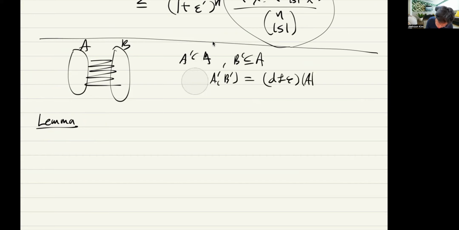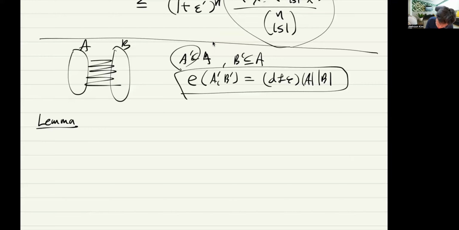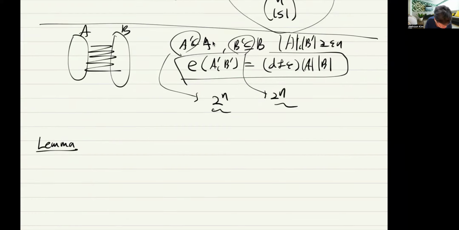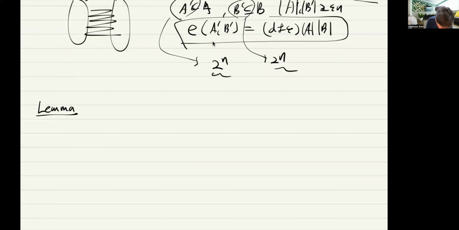The number of edges is like this. But how many choices for this? They have size at least epsilon n. So there are like 2 to the n choices and 2 to the n choices when A and B have size n. So there are exponentially many choices, and for each choice you have to count the number of edges, which is quite inefficient. On the other hand, there is this theorem